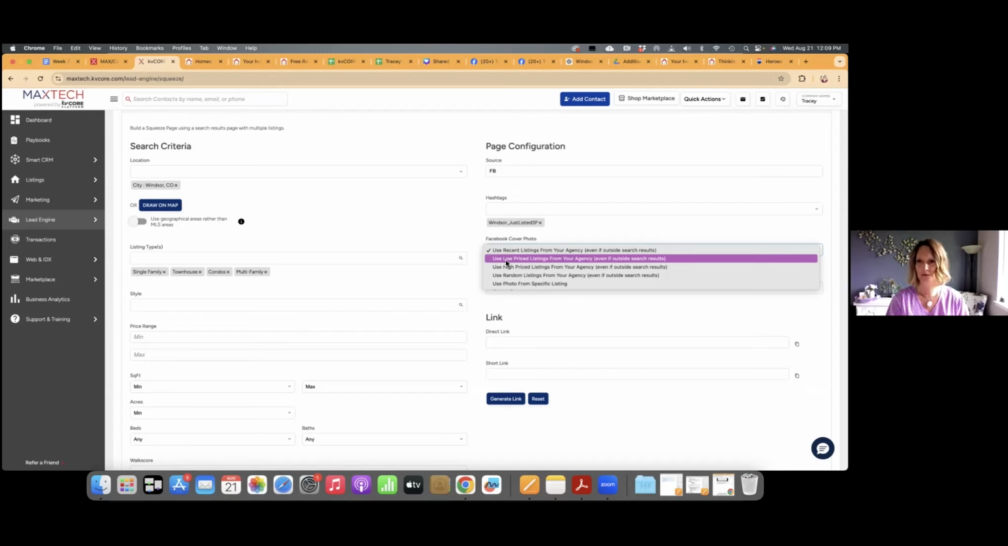What type of photo do you want? Do you want it to be a low priced, a high price, a random, or is it a specific listing? I would recommend it as default, but again, I'm going to show you how we're going to bypass this because I like to kind of control what that image is going to look like. What I would say is you would probably, most likely, use high price listing from Remax Alliance, from your